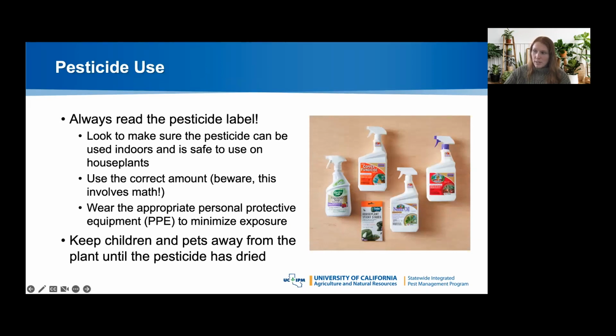If you do choose to use pesticides, I just want to make sure that we read the pesticide label. Make sure again that it is safe to use indoors and is registered for use on houseplants. We also want to make sure that we're using the correct amount. Oftentimes, if we're not using a ready-to-use product like those in this picture, it requires a little bit of mixing